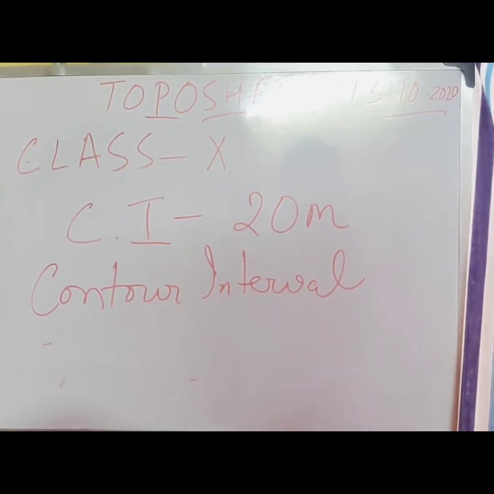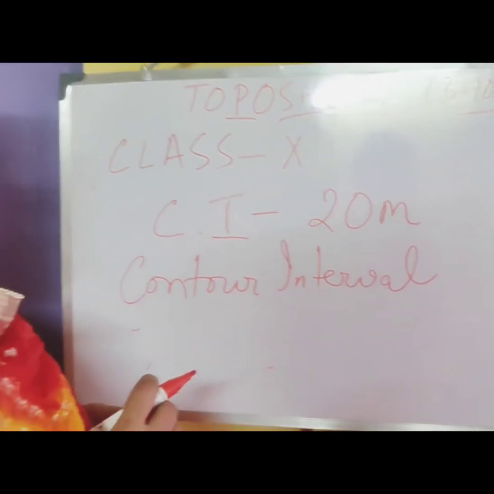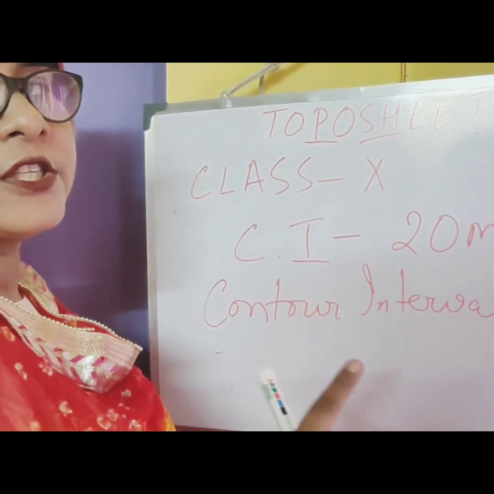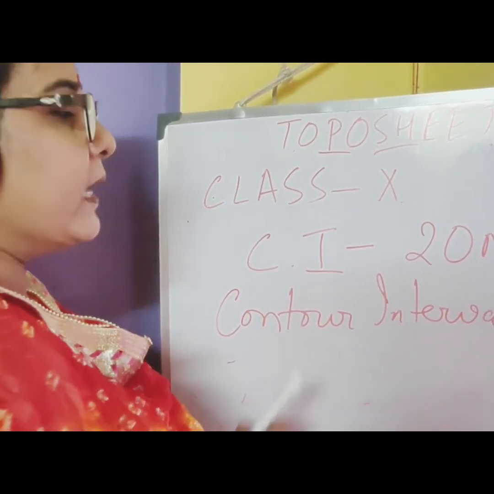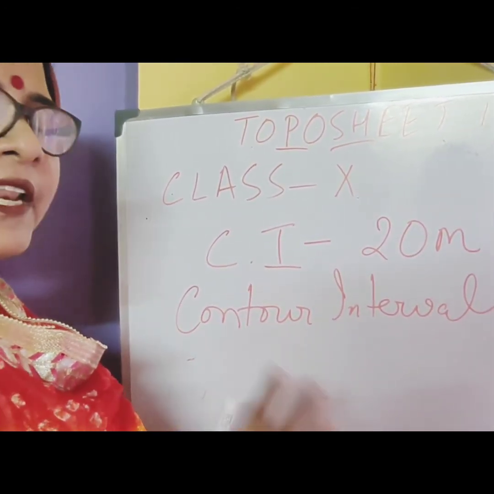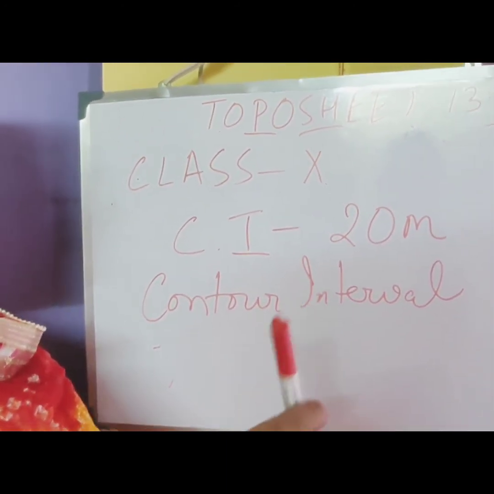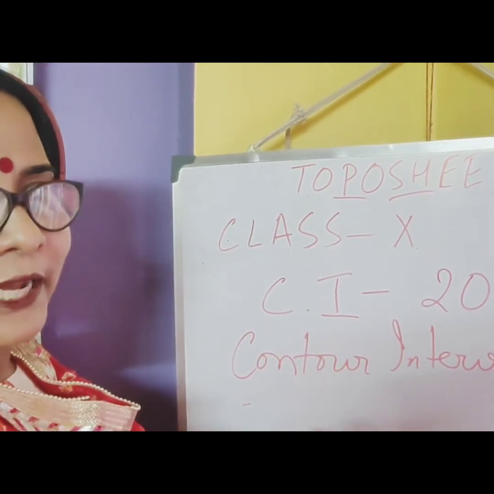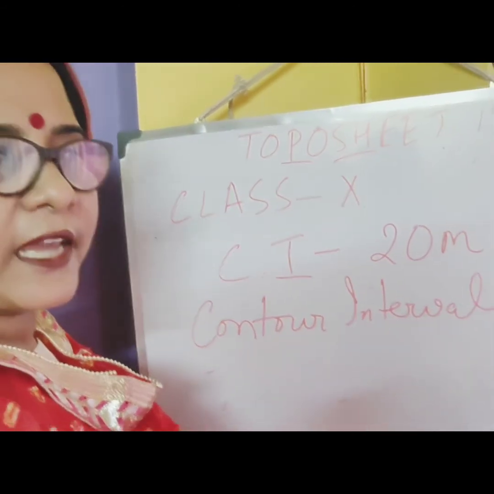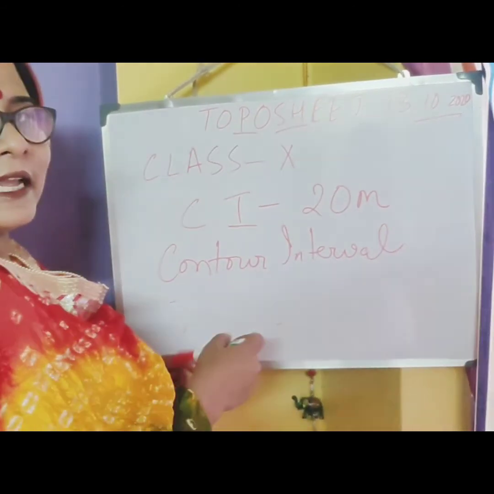Remember students, again I am telling you, whenever you take the topo sheets in class 10, please check that you get the topo sheet along with the stationery, because until and unless you get the topo sheet, you will not be able to attempt the 20 marks question which will be given in the half yearly exam. Very simple questions, don't get worried about it. I have explained the concept and what type of question you can get. I told you, again I am repeating, you can get questions like this: what is scale? What are the different types of scale? What is RF? What do you mean by cluster settlement?